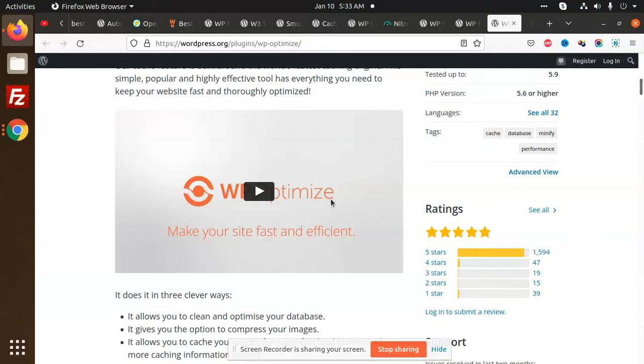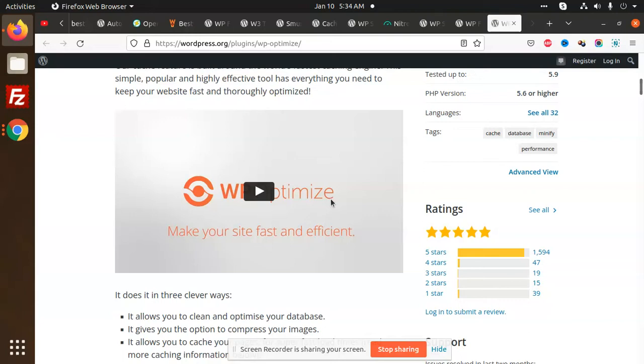Also, you can do it with the .htaccess file. That is also an easy way to make your website run fast. Okay, so what are these plugins doing? They are enabling gzip. They are enabling the caching file for the browser, and they will minify your CSS and JS,